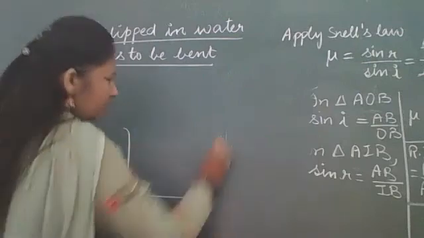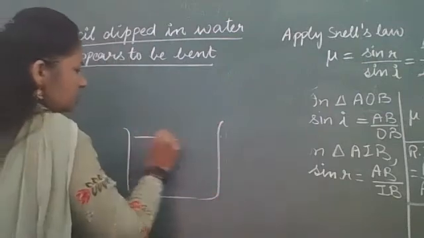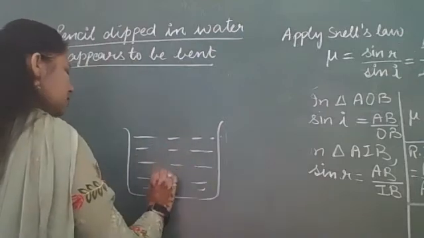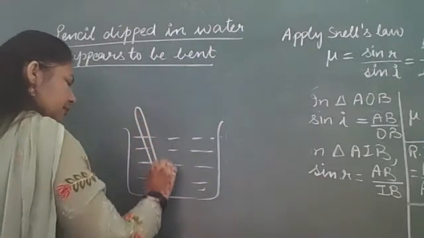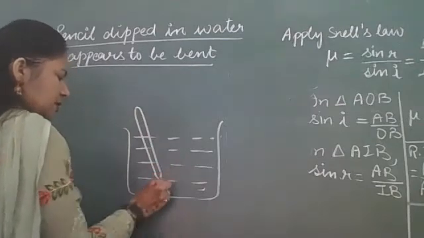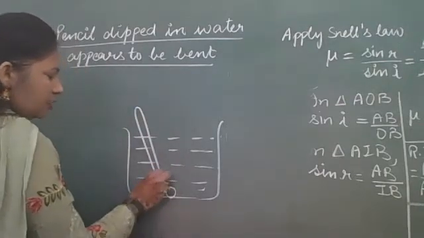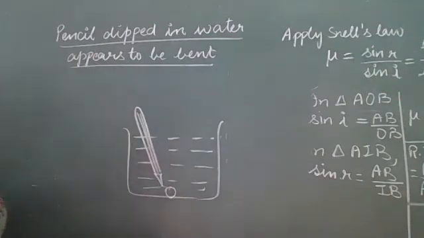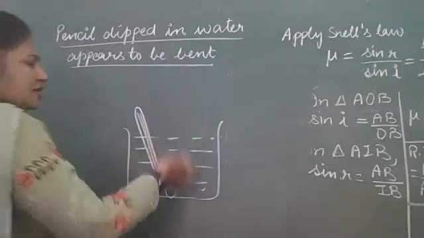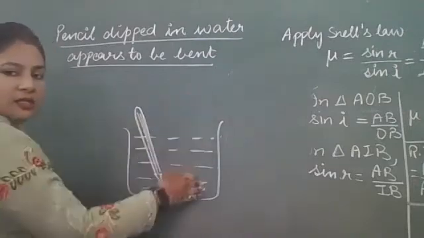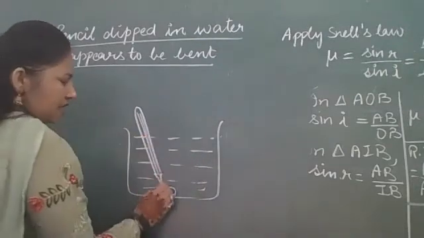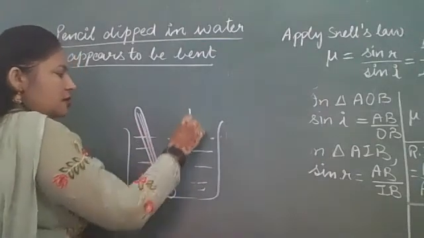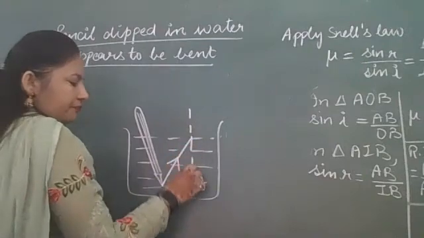Okay. So same ray diagram is there. Just we will be drawing pencil in place of coin. So this is a pencil. This is tip of the pencil that we will consider the object. So this is a pen or a pencil, whatever you say. Now different rays are going from water to air, denser to rarer medium, as in the last case. So we will take one ray which is going from denser to rarer medium.